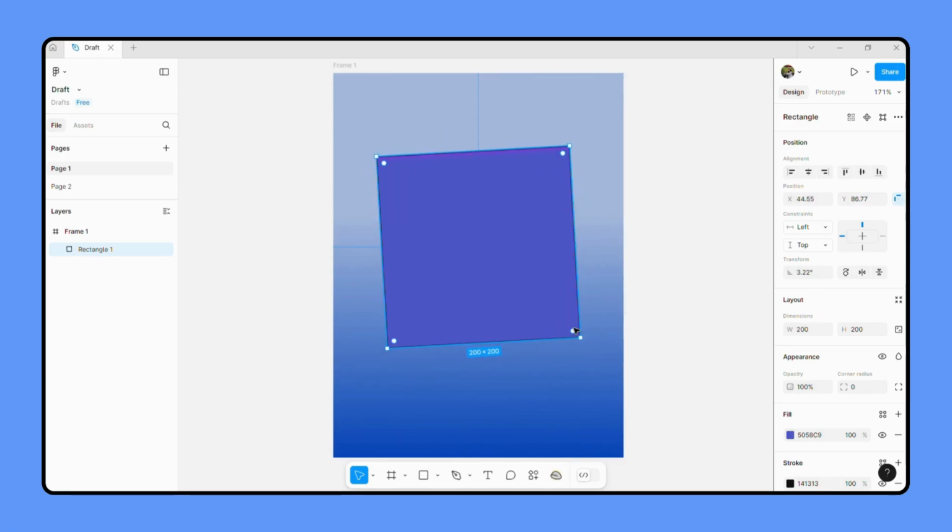If you need more precision, I've got you covered in that as well. You can use the properties panel at the right side. Just go to the position or the transform. There is the angle. Simply, there is 122 degrees right now. You can either type in the exact rotation angle you want or use the up and down arrow to adjust